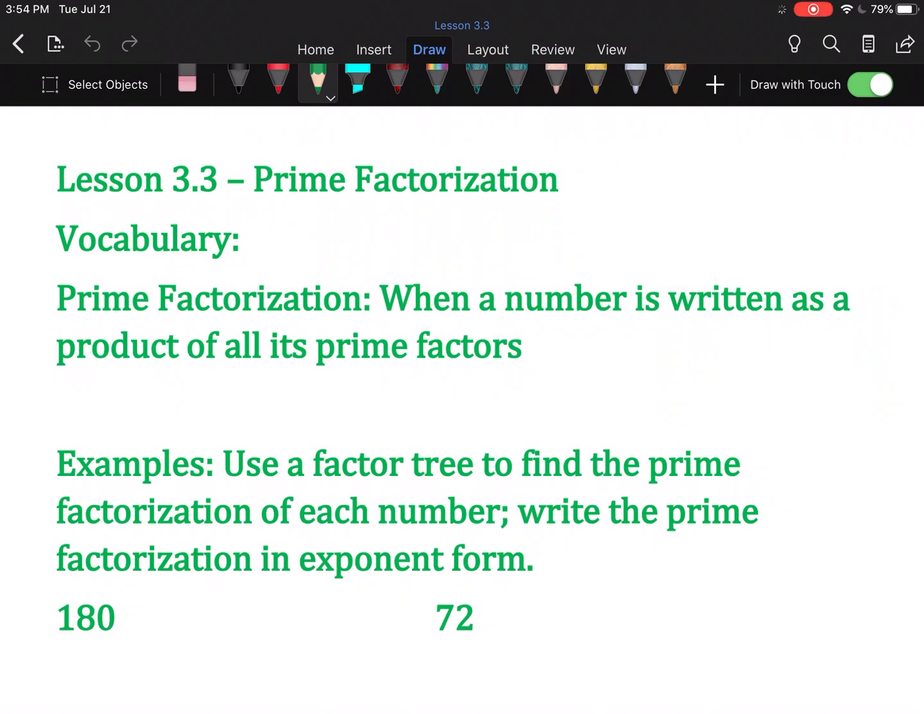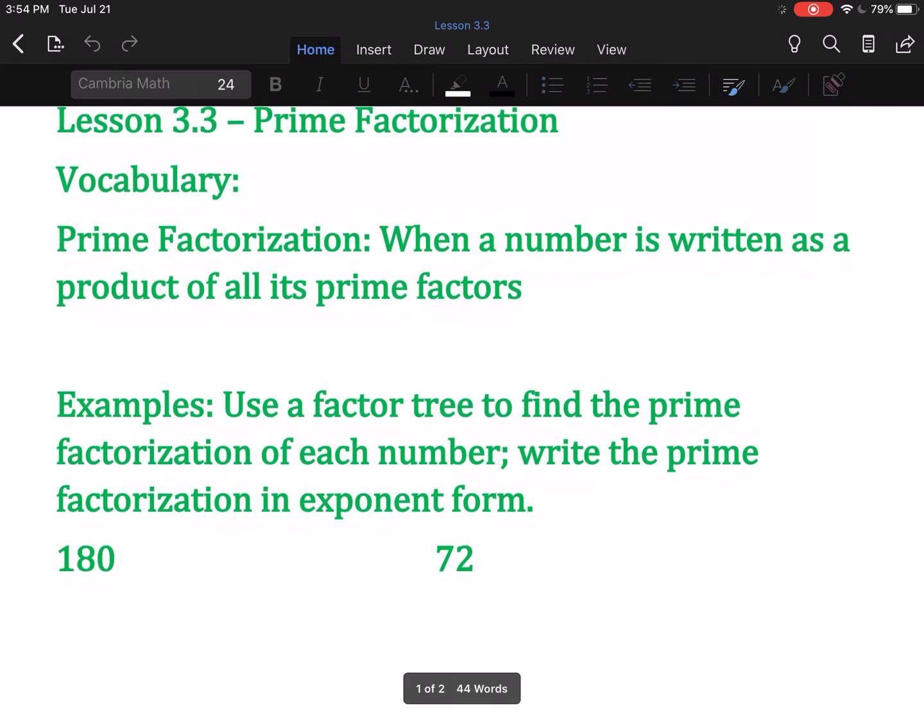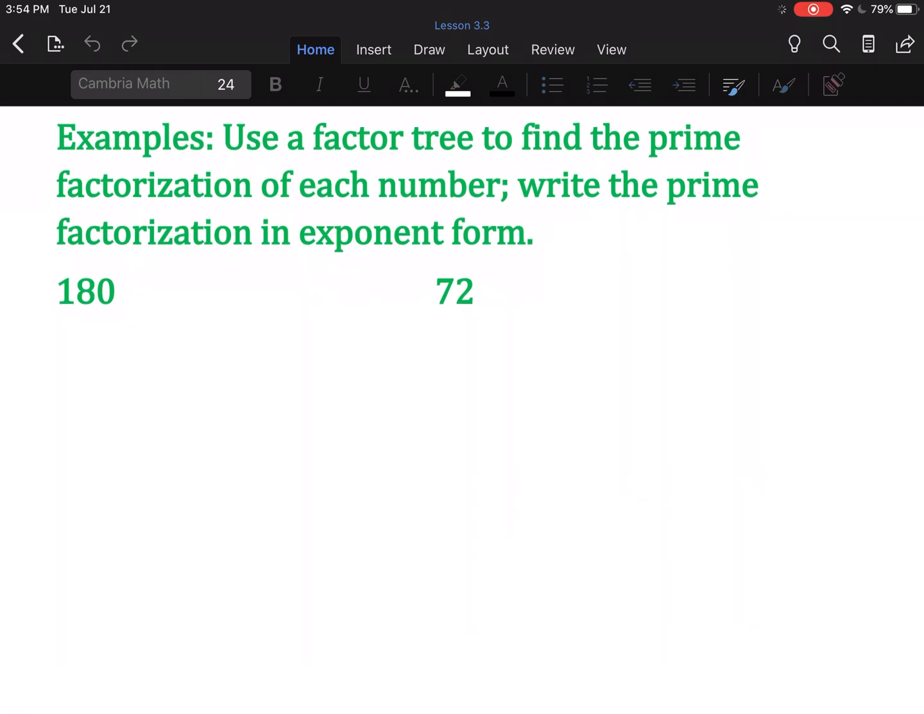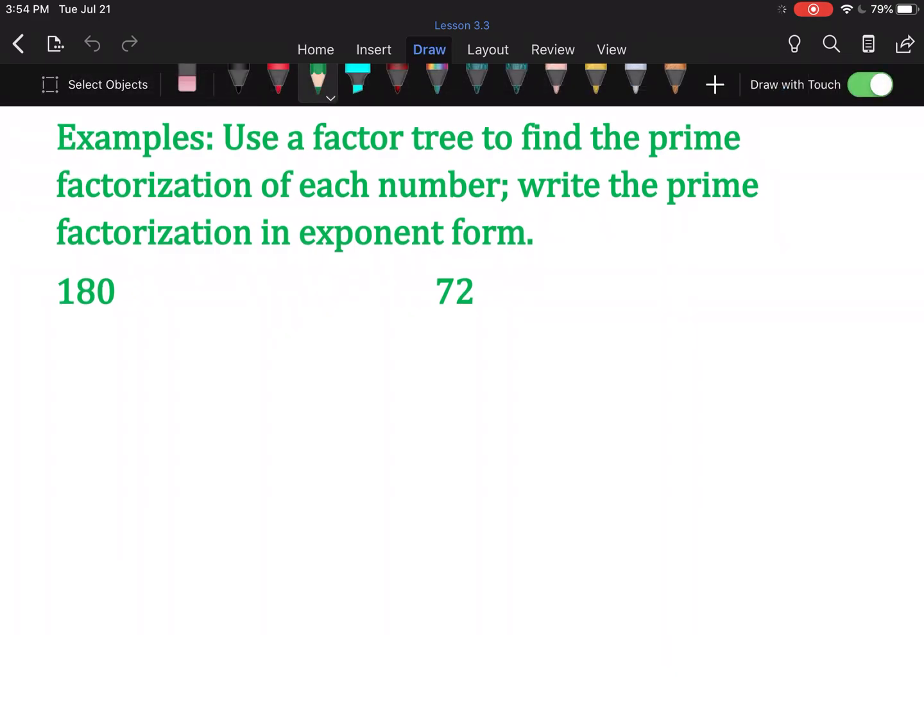Next up is prime factorization. So prime factorization is when a number is written as a product of all of its prime factors. We're going to use factor trees to find these prime factorizations, and we're going to write them in exponent form. So to do this, we just simply take our numbers and say, okay, give me two numbers that multiply